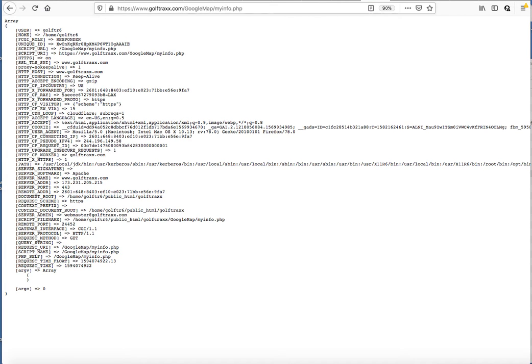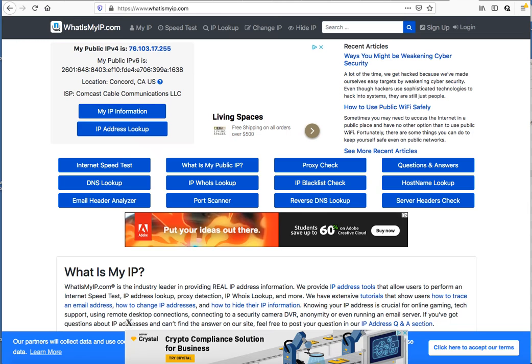And interestingly, that is now also not the v4 IP that's supposed to be assigned by my internet service provider. So then, if we ask, what is my IPv4,